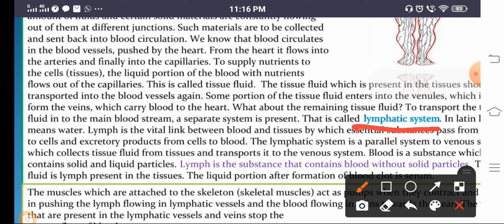So simply we can say whatever remaining tissue fluid is present in the different parts must be supplied into the blood vessels, and through them it should finally arrive at cells and tissues. But some of the materials are unable to reach the cells and tissues. So to reach these remaining tissue fluids, now